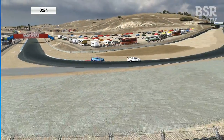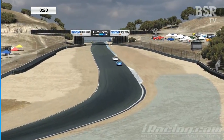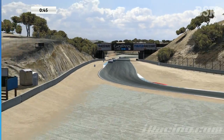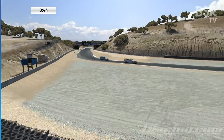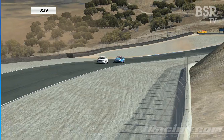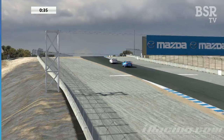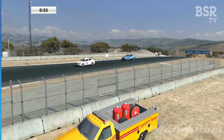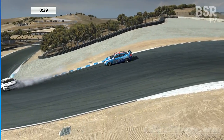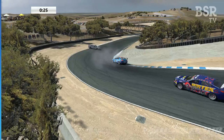So they come through the corner there up to the bridge. This replay's a little bit too far back, in fact. They're just coming up the hill now into the corkscrew. Stevens very late on the brakes. Oh, he's early on the brakes, in fact. But yeah, just takes out the back of Brian Ortiz, brings his car to a stop, and